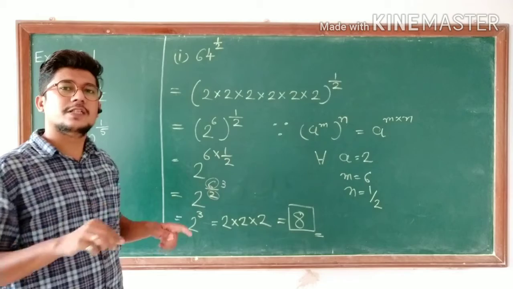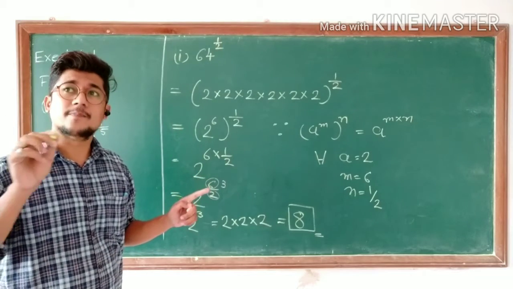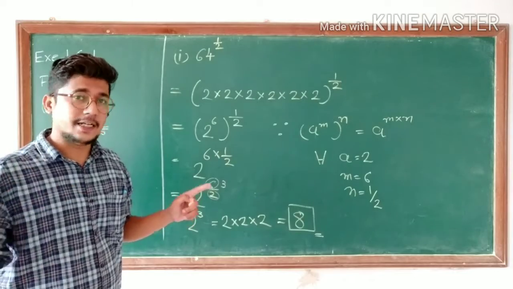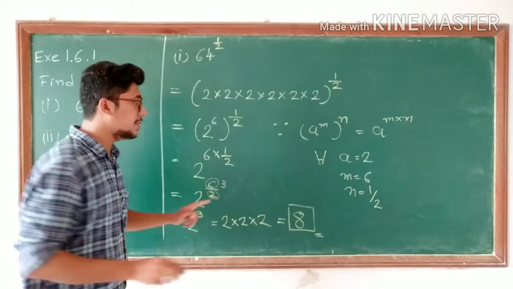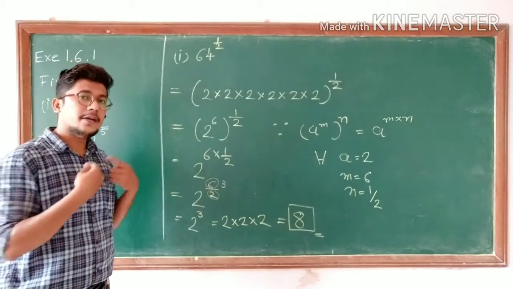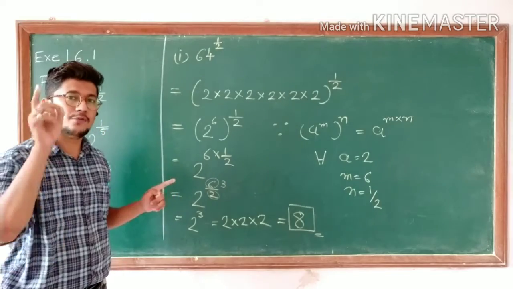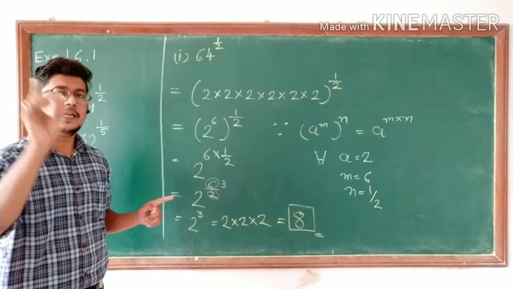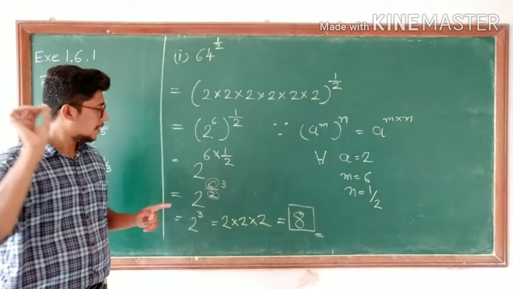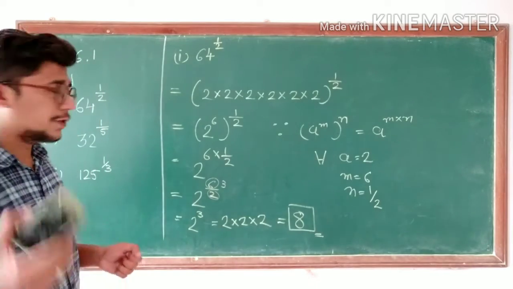Or else, if this question is asked for 3 or 4 marks in the last sections, section C and section D, then you have to follow this procedure. You have to write this identity. How I have written this problem on the board, in the same way you have to write it in the exam. Then you will get full marks for sure. Okay. Now we are moving to the next problem.